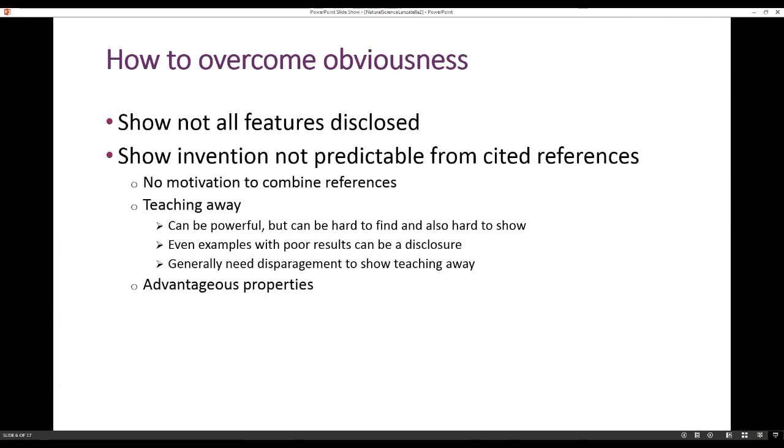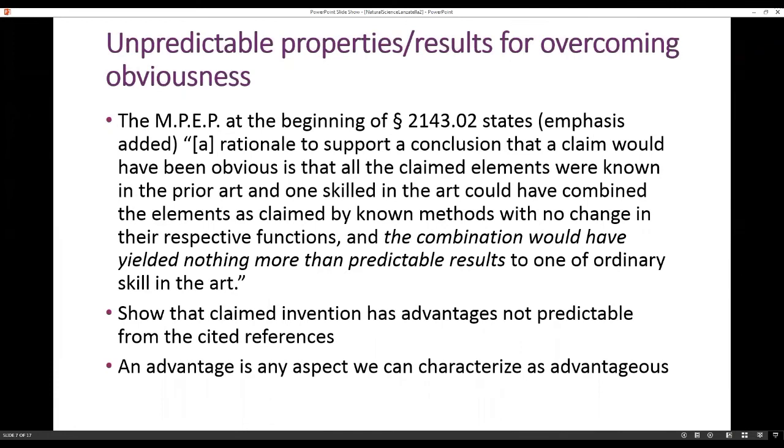So another way to show that the invention is not predictable, and in fact the main point of my talk today, is you can demonstrate that your claimed invention has advantageous properties that are not predictable from the combination of cited references. These properties don't necessarily have to be recited in the claim. They can be simply a property that occurs when you have an invention that has all the features you've claimed. So oftentimes in prosecution, when I'm going to advance this type of rebuttal to an obviousness rejection, I quote the MPEP,